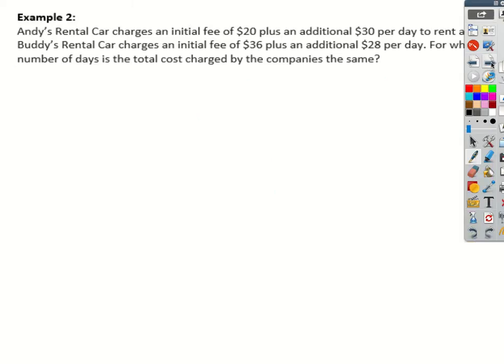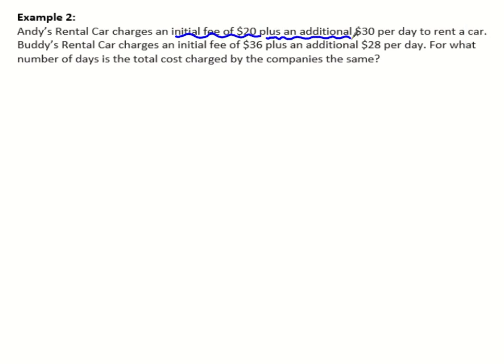Show your work. All right, Andy's rental car charges an initial fee of $20. So you have an initial fee, flat fee of $20. Initial fee of $20 plus an additional $30 per day. Here's your unit rate. We were talking about that today. To rent a car, Buddy's rental car charges an initial fee of $36 plus an additional $28 per day. For what number of days is the total cost charged by both companies